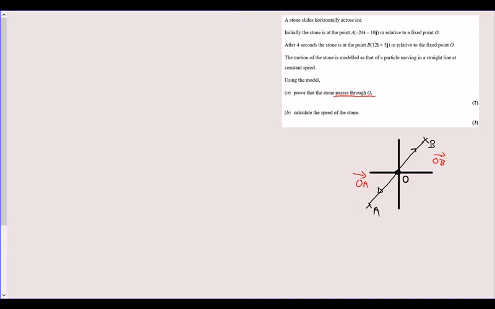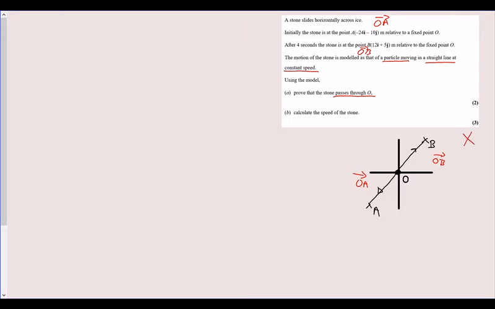Okay, so some key information that we need from this question here. It says the stone is modeled as a particle and it's traveling in a straight line at constant speed. Okay, so the stone is originating at this point here. So this is the position vector OA, and this is the position vector OB. And like many vector questions, I've actually just sketched the diagram just to try and give me a feel for